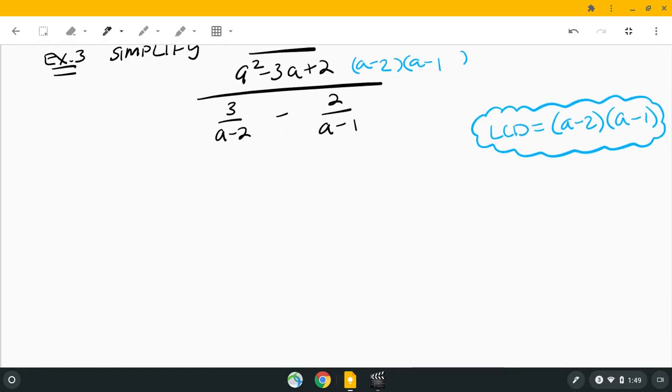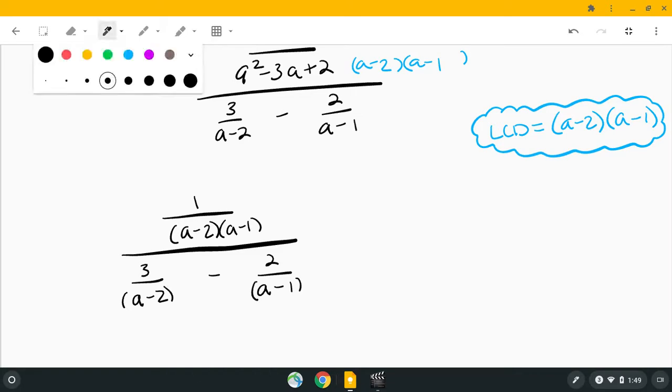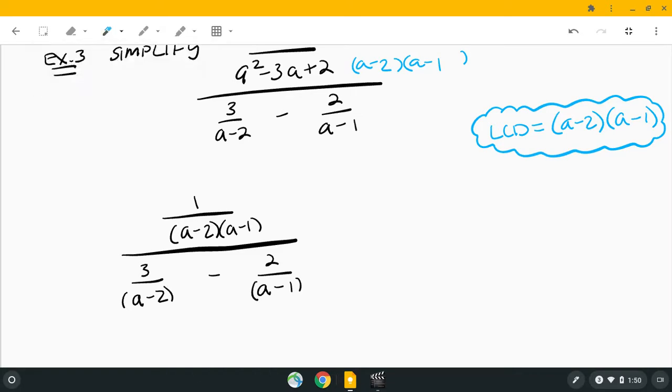So I have 1 over a minus 2, a minus 1, 3 over a minus 2, 2 over a minus 1. Okay, so if I go ahead and multiply by the LCD, a minus 2, a minus 1, I have to multiply everything